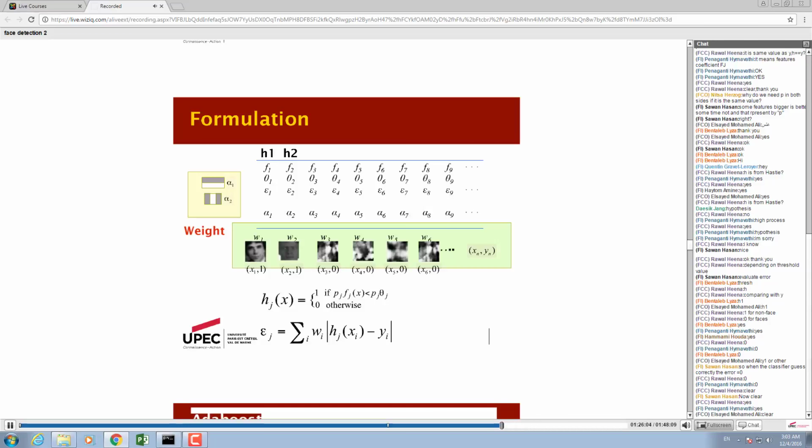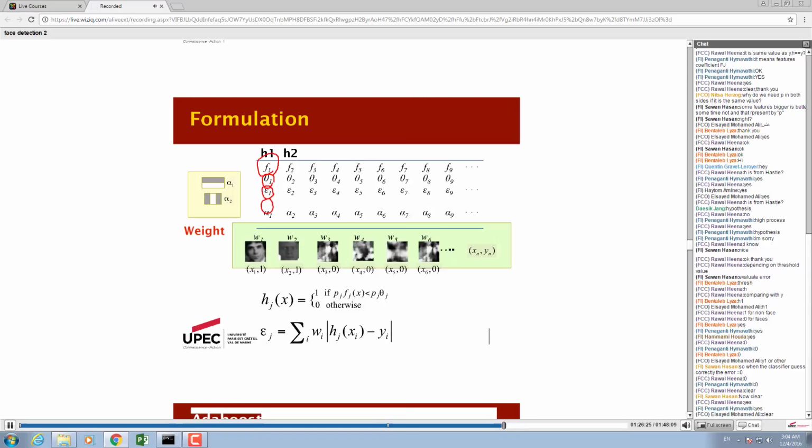So this is a very important step. It is important to understand this one. Now we can calculate the errors of all the features, in other words, for all the classifiers. So in this slide number 26, we can